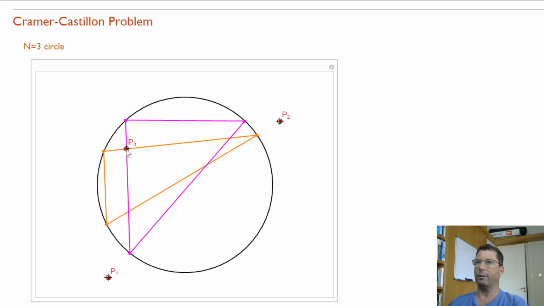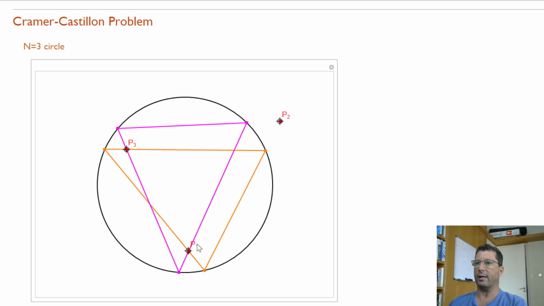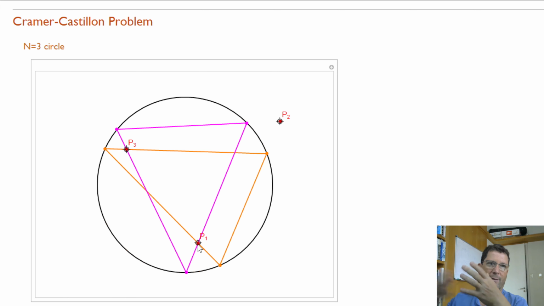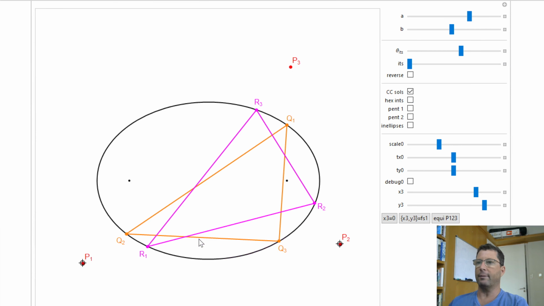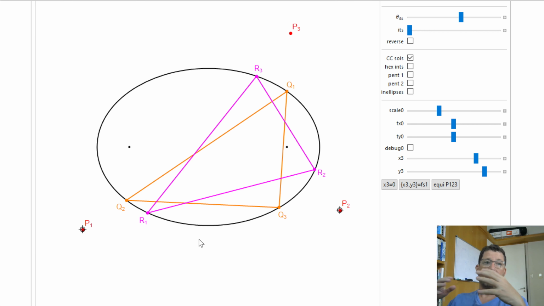In fact, I can have both P1 and P3, 2 points, inside, right? And you can get solutions. Sometimes you cannot get solutions depending on where these points are, but that's not germane here. You can also do the same thing, since everything is projective, for an ellipse, right? So you can ask the same Cramer-Castillon question, which is, given 3 points on the plane, P1, P2, P3, which on Wikipedia are A, B, C,